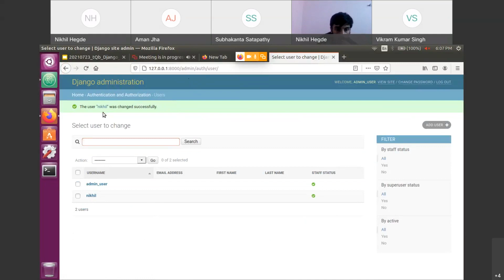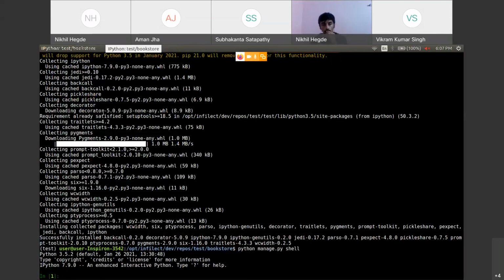So this is how to write ORM queries. To do that, the same way you added the createsuperuser command, there is one more command to enter into the database, which is called shell. What you have to do is python manage.py shell, which will open a terminal where you can write your ORM queries. So please remember, this is not an SQL query. This is the ORM queries. Django will internally take care of converting it to SQL queries. Okay. So I will show you how to write your first ORM query now.